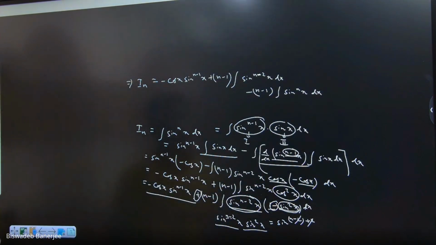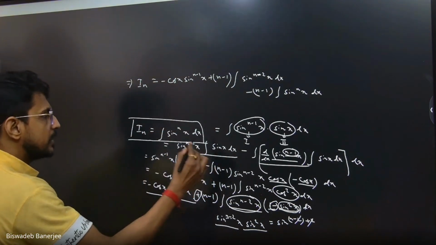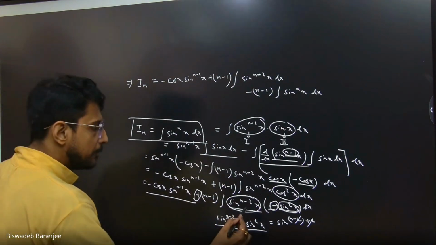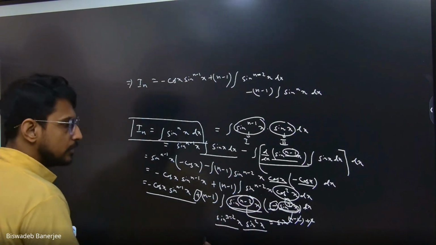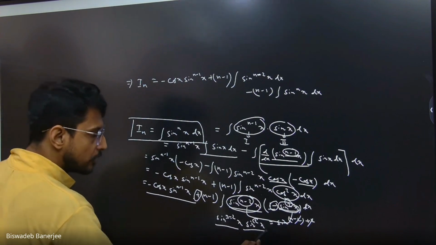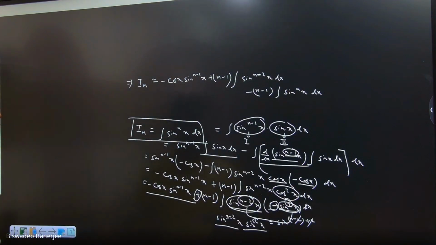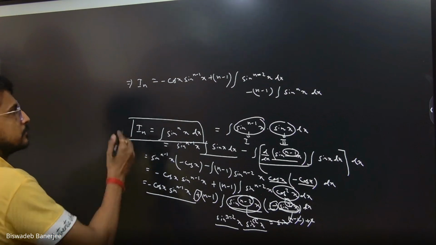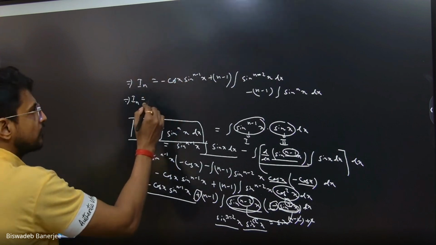We are getting sine to the power n x. And recall, this is my IN. Just multiply this with sine square x, power n minus 2 plus 2, giving you simply sine to the power n x. So this becomes my reduction. This implies my IN equals this portion, which always remains as it is, plus of